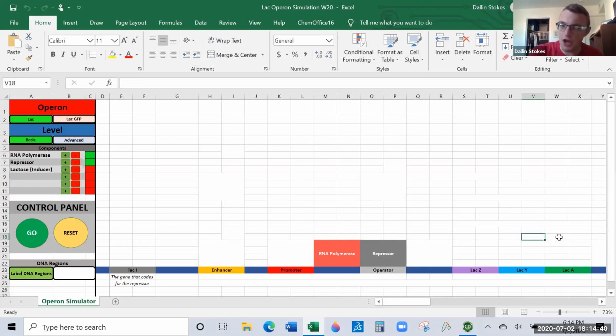When proteins are not being made, the operon is repressed. Proteins equal activated, no proteins equal repressed. Okay, so in this case, it's repressed because RNA polymerase can't get from the promoter to the genes because there's this big brick of the repressor protein in the way. So that's great and all. I figured out how to turn it off.